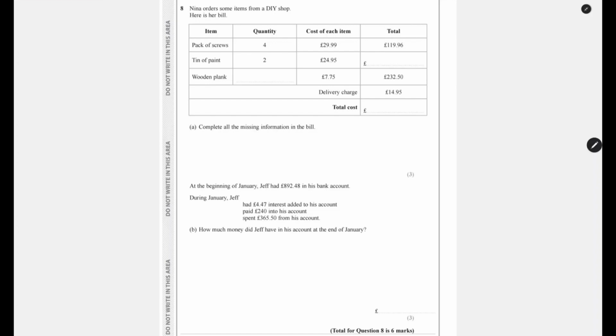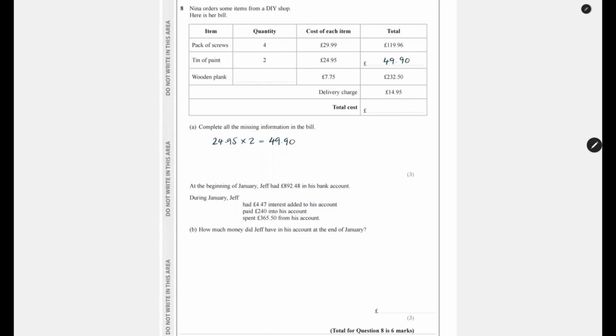Nina buys 2 tins of paint. Each one costs £24.95, and so £24.95 multiplied by 2 is equal to £49.90. And so the total for the tins of paint is